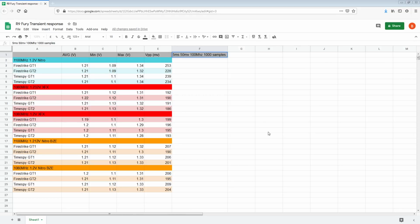Alright guys, BuildZoid here, and today we're going to be taking a look at some voltage regulation performance measurements that I took of two of my R9 Furies, which turned into three R9 Furies, except it's still the same card. You'll see the modifications I've done to it, but it is modified, so...